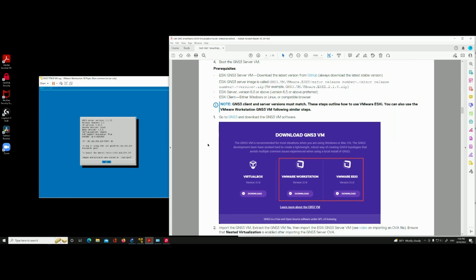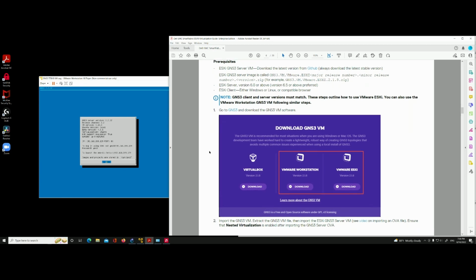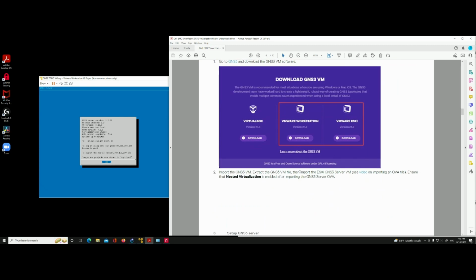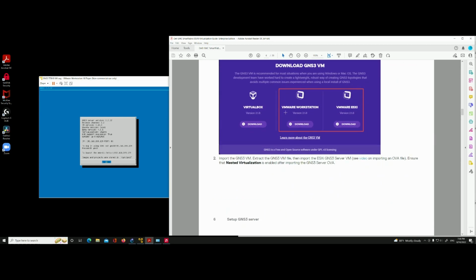So I went to the GNS3 site and I downloaded the VMware Workstation version. In this case, on this document that was created, I think, in 2020, they had the version 2.18, but the one I'm actually using is 2.2.32 that I downloaded, I think, in July, if I'm not mistaken. Anyway, so once you download the GNS3 VM,